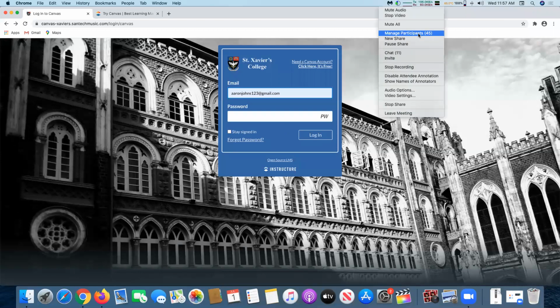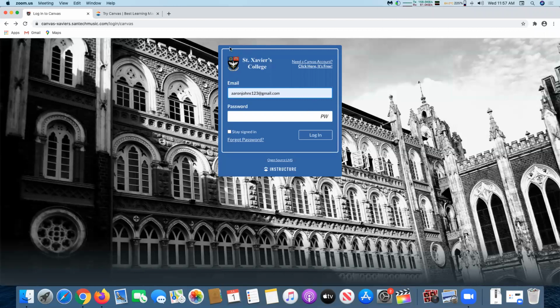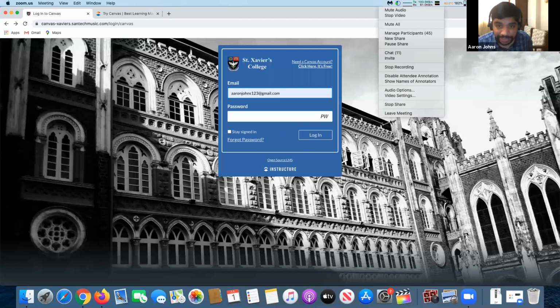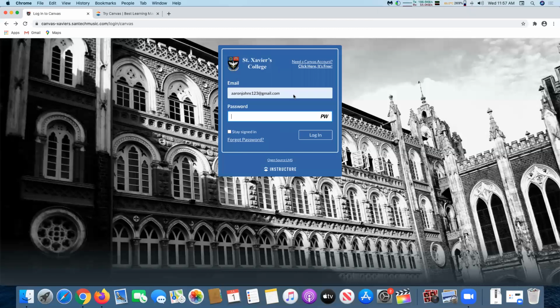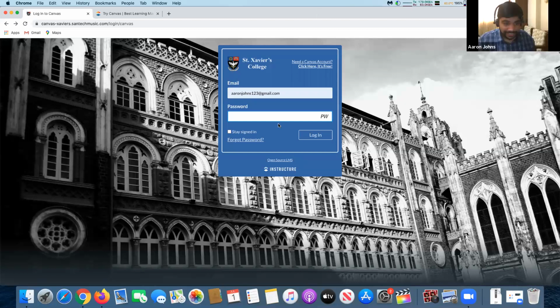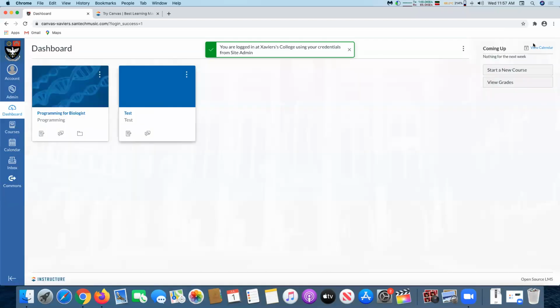Ms. Pooja has asked, what's the joining code? I'm trying to join as a student. So she wants a join code. Okay, she's trying to join as a student, not as a teacher. Okay, one second, then I'll do one thing. I'll let them join into my course, Canvas 101. Explain the difference between starting an account as a teacher and joining an account as a student.